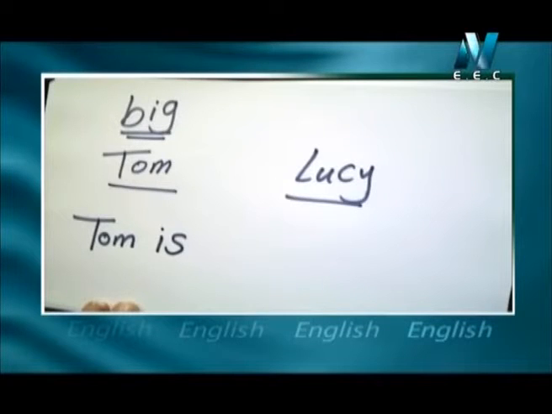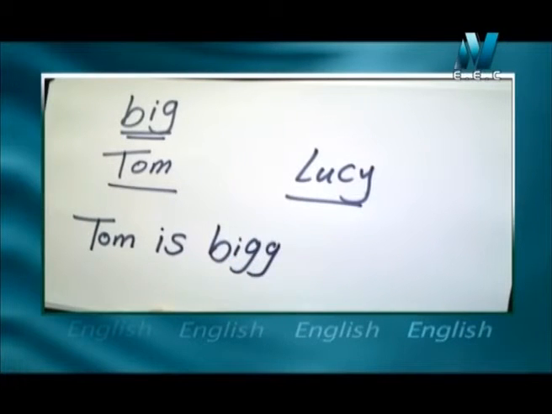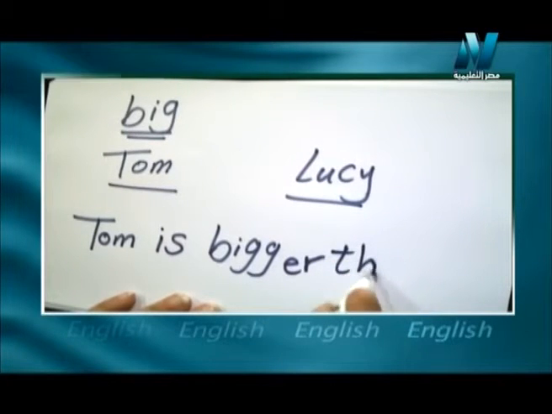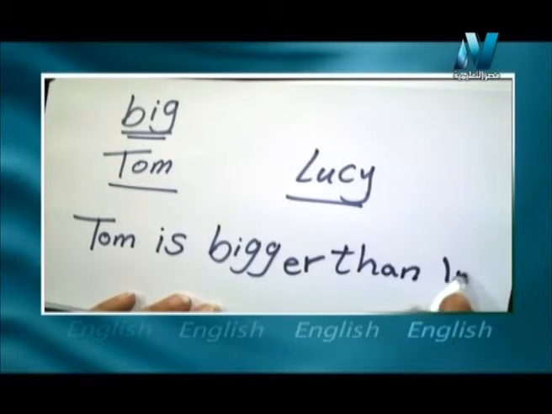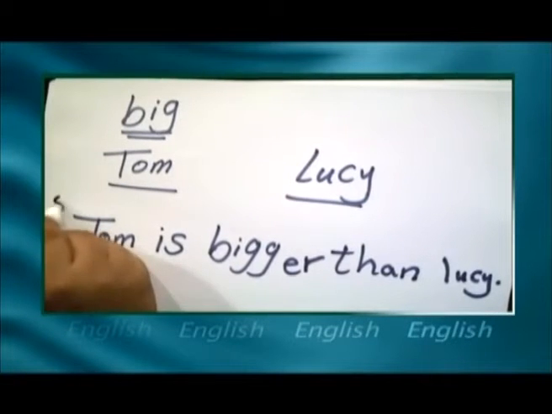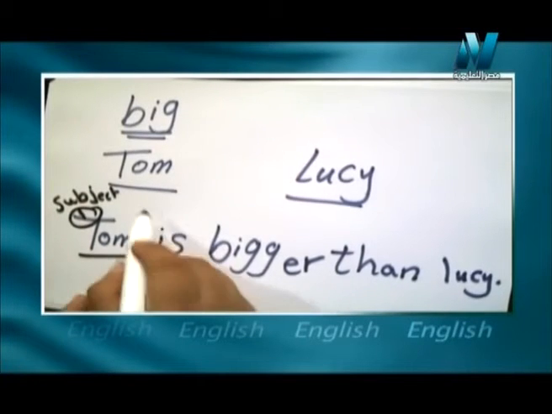I want to say that Tom is bigger in size than Lucy. How can I say it? I will put the subject, which is Tom, the subject number one. Then verb to be, then the adjective. And I will put ER, then the second subject. I'm going to say Tom, subject number one, is verb to be,